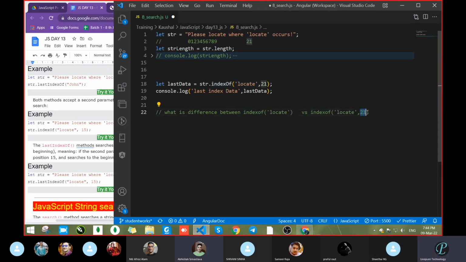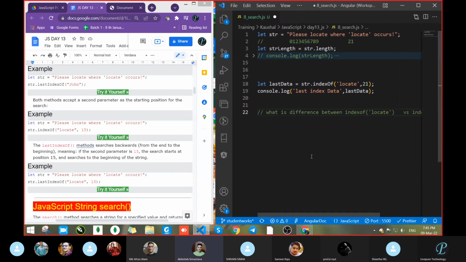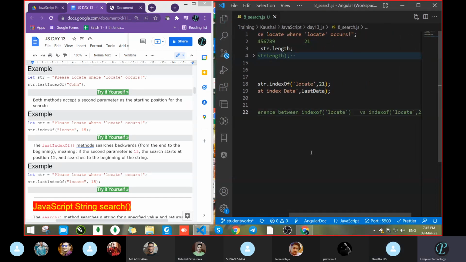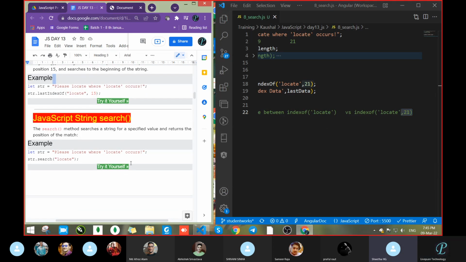So this 21 contains the position from where you are telling it to search, meaning the position to start searching. You can tell it like this. Got it? Clear? Okay. So this way we can tell that in the first case there is no defined position from where it will start searching. But in the second case, we define the position that you have to search, but from where? From the position number 21. Clear? So that is the thing.